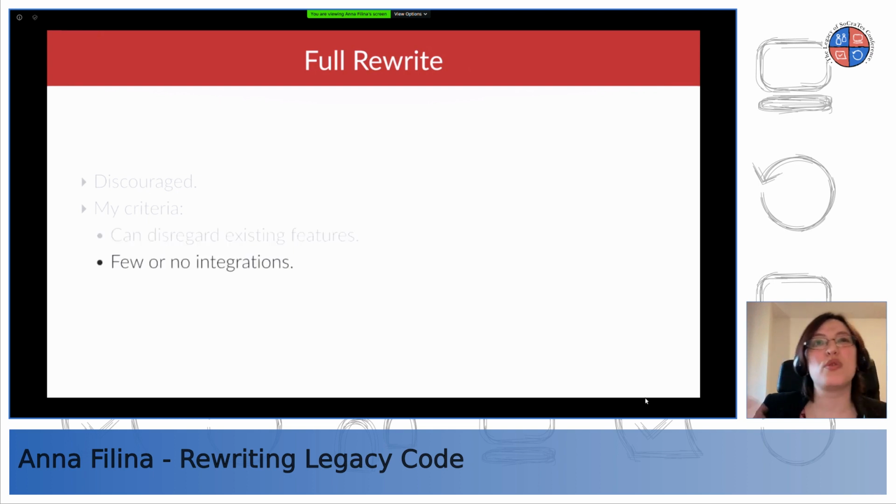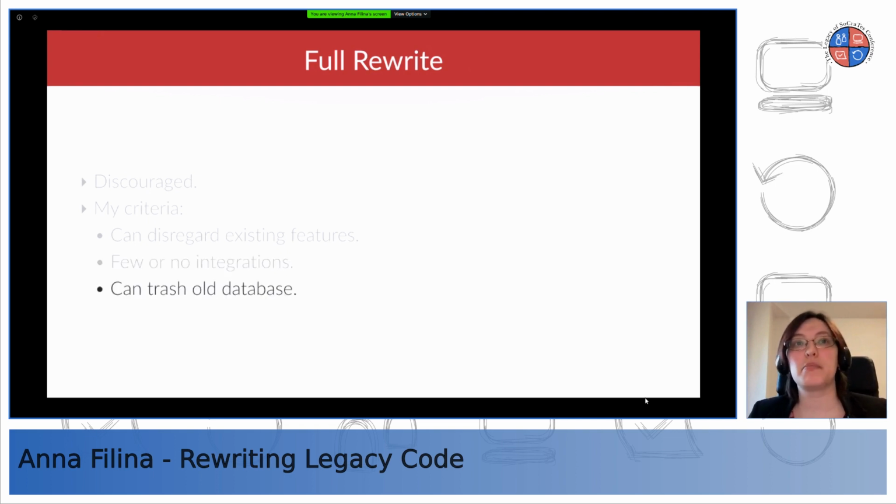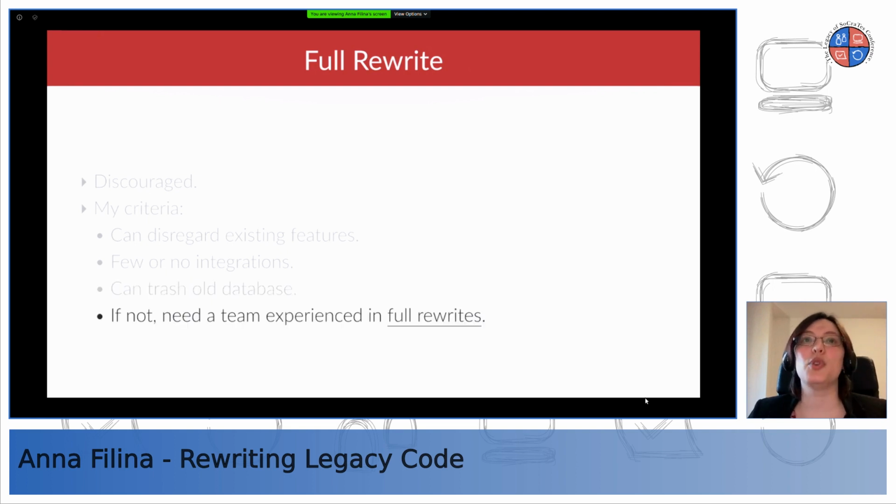Also, if it has few integrations with other systems. If a system expects you to produce a certain CSV file to deposit on their FTP, then that piece will probably have to be kept, or at least refactored, but not completely scrapped. But if you can pretty much trash the old database and trash the old code, then yes, you can rewrite. If not, you would need a team that is experienced specifically in doing full rewrites,